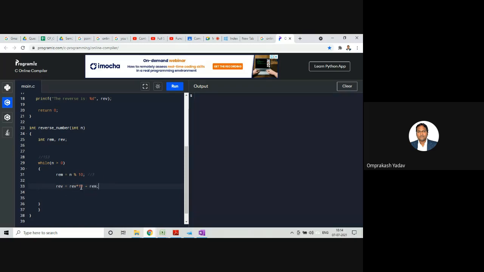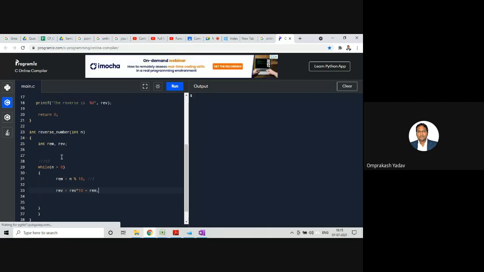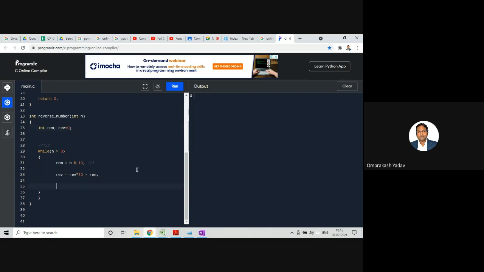Now when we do reverse into 10, it is going to generate a certain number, and since reverse has not been initialized to 0, we must initialize it as 0 over here. So reverse is equal to 0, otherwise it will take a garbage value, and then that garbage value plus this remainder it will add. So we have taken that.